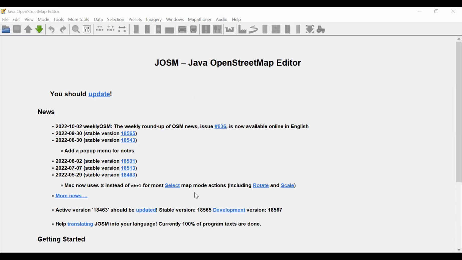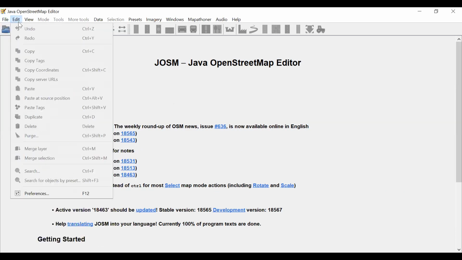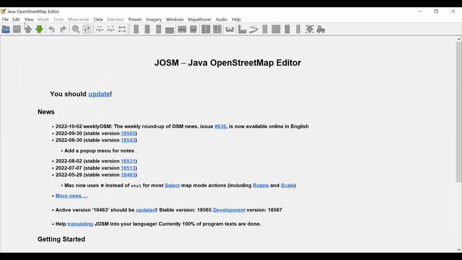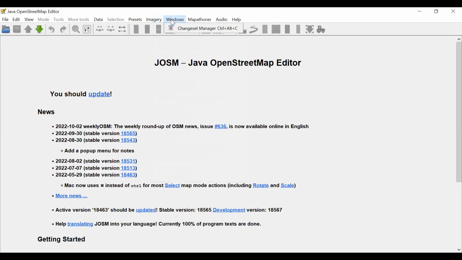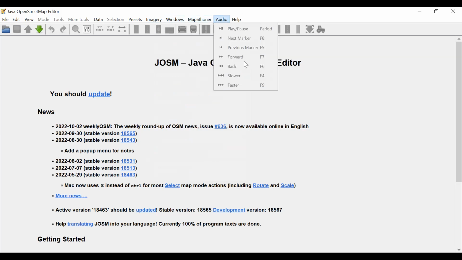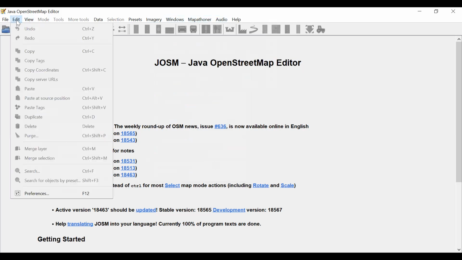Remember, we have downloaded our JOSM, and we have also downloaded Java. In order to make your JOSM work well, we need to download different presets. Like I mentioned earlier, this is what they call the main bar. It has the files, edit. The most important thing is imagery, which I like to use, where you'll be able to see the different imageries you can switch to. Then windows, which we can't open now, then the mapathon, etc. So we need to update our presets. You go to edit